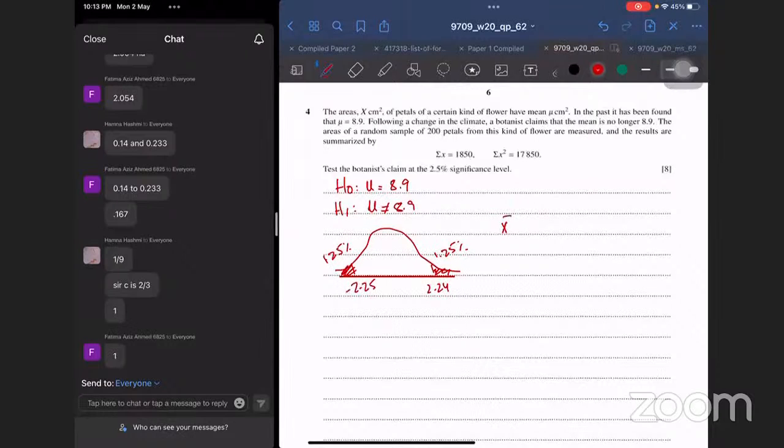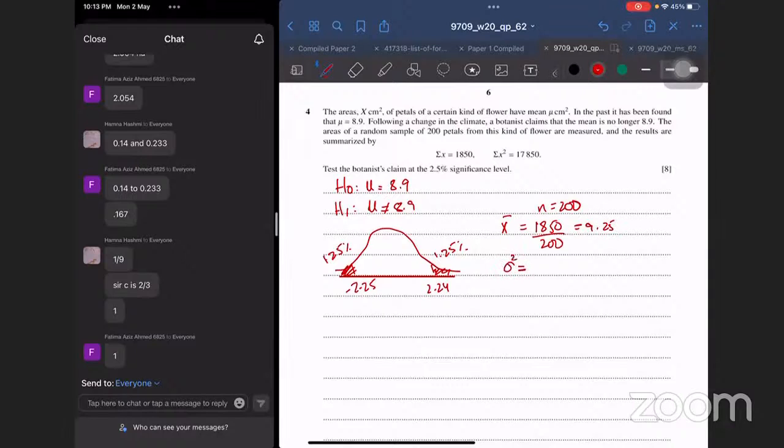अब एक्स बार जो है वो मुझे दिया हुआ है कि the areas of a random sample of 200 from this kind of, and the results are summarized by ये एक्स बार। अब एक्स बार भी निकालना पड़ेगा। This question is sort of a merger between sampling and estimation और hypothesis testing में से related ही होते हैं, but 9.25 आ गया। अच्छा, इसमें फिर सिग्मा भी मिसिंग होगा, तो पहले मुझे सिग्मा भी निकालना पड़ेगा।